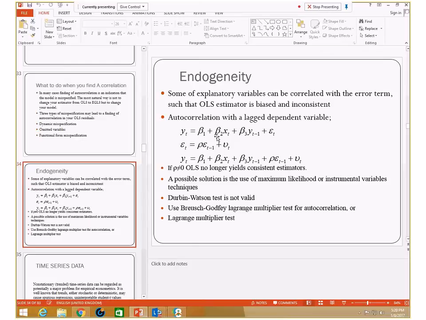Right, if you consider this model and run it, then don't use the Durbin-Watson test to check the autocorrelation. The correct test is the Godfrey test, the LM test. If your lag values are included in the independent variables, like in this model, where there is a lag value we include as an independent variable,